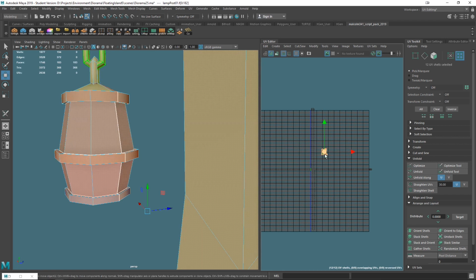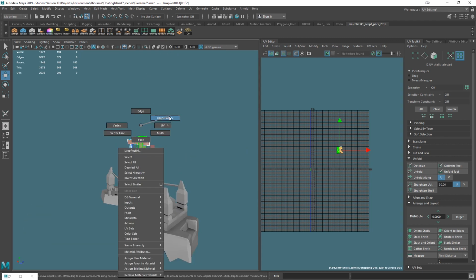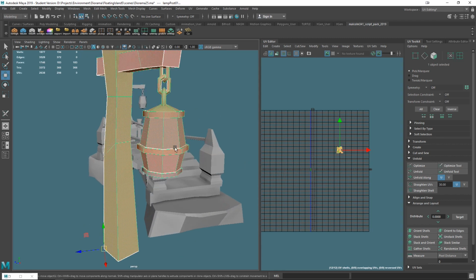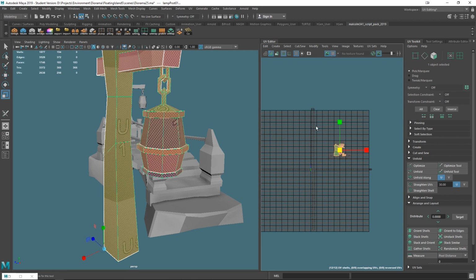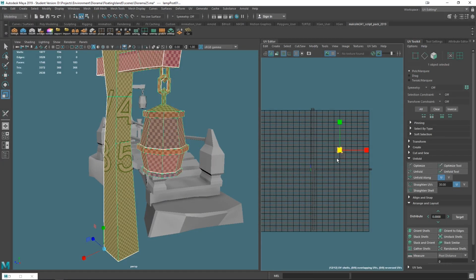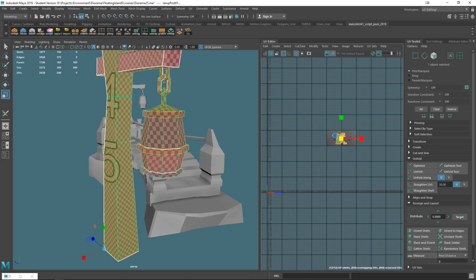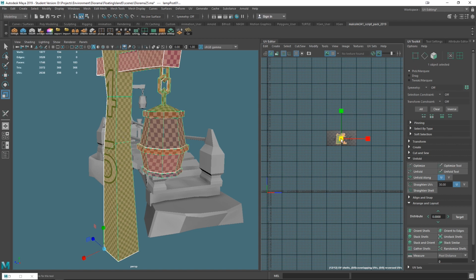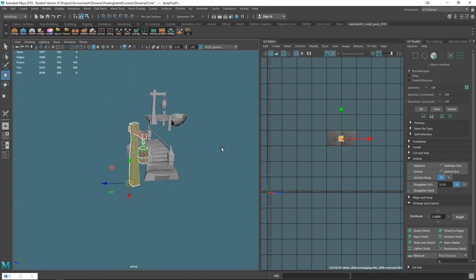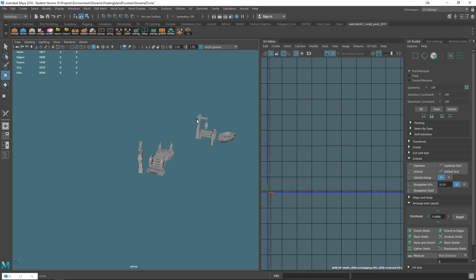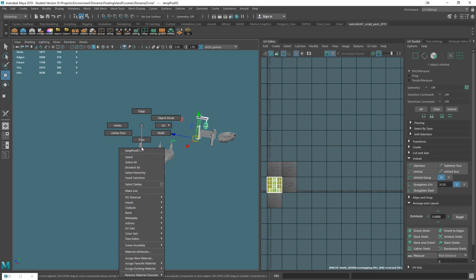UV shell mode, and I'm just going to move them away from this 01 space. The scale's a bit ridiculous. I've made it, sorry, turn the checkers on. If you make it nice and small, just scaling it so I can pick a resolution where I can see the checkers easily. Now I'll apply this unwrap to this guy, and the way I'll do that is